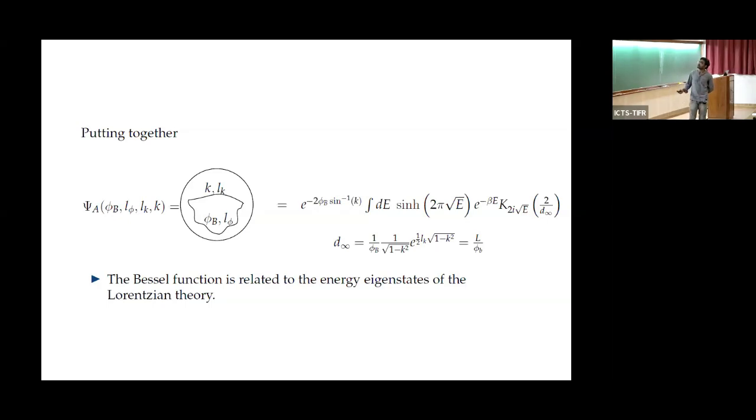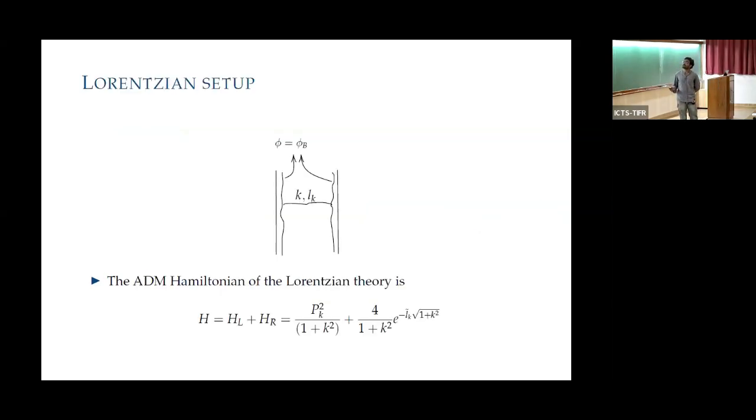Okay. D infinity is related to the length of the extrinsic curvature boundary, renormalized by the dilaton. Okay. It has some nice form. The difference from the full dilaton Dirichlet boundary case is the presence of this extra Bessel function. Okay. Now I'll show that this Bessel function has a nice interpretation as the energy eigenstates of the Lorentzian theory. If you take the Lorentzian setup with two boundaries at a constant value of dilaton and take